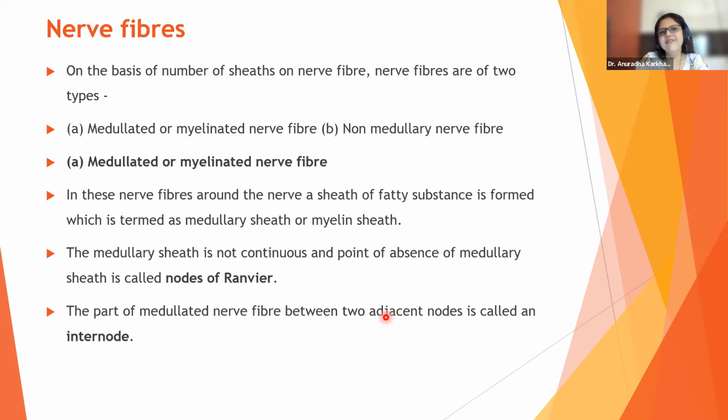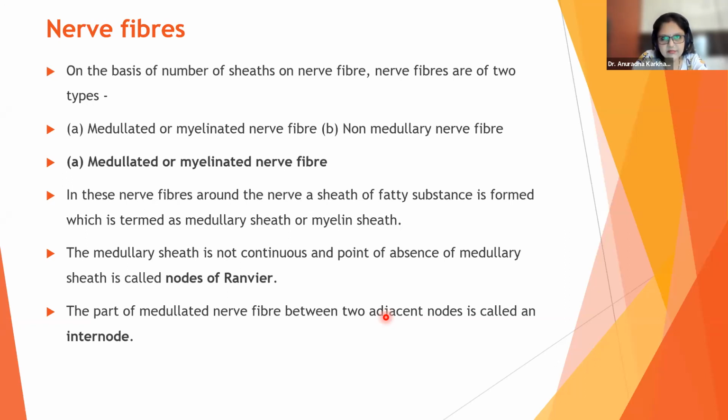Nerve fibers, myelinated and non-myelinated. Correct? So on the basis of the number of sheaths, nerve fibers are of 2 types: myelinated or medullated, and non-medullated or non-myelinated. Medullated or myelinated nerve fibers: in these nerve fibers, around the nerve, a sheath of fatty substances forms,